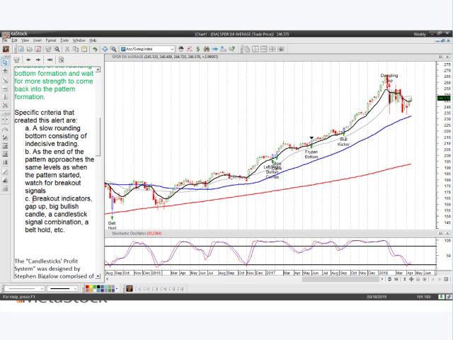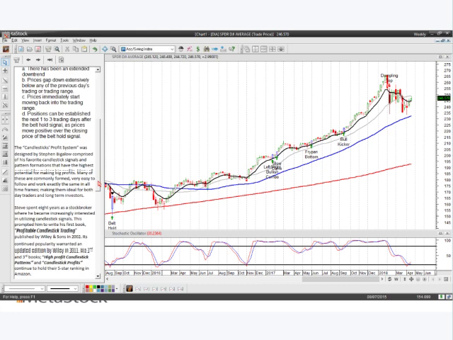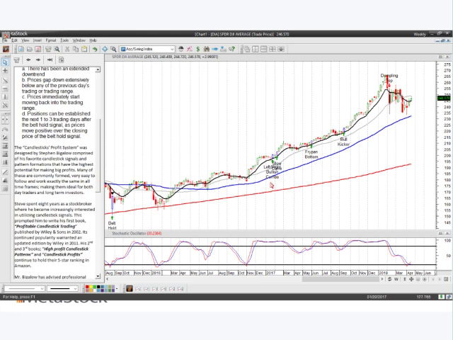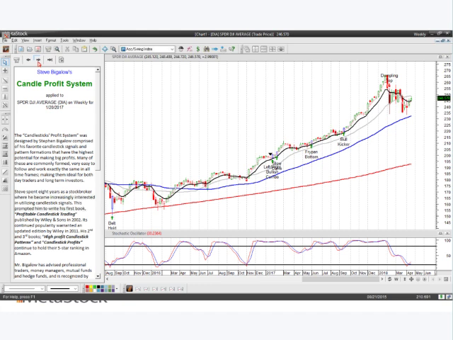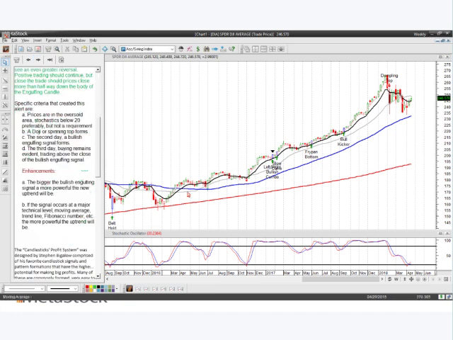So any of these patterns that I can click on, you can click on any of them that you want. You can click on any day that you want. It's going to give you that information on what the pattern is, how you should look to trade it, how you should look to get out of the stock. And in addition to that, in some cases we'll provide what we call enhancements to the trade. So for example, with this left-right bullish combo, the idea here is if you're looking at 5 or 10 different left-right bullish combos, what we want to be able to do is